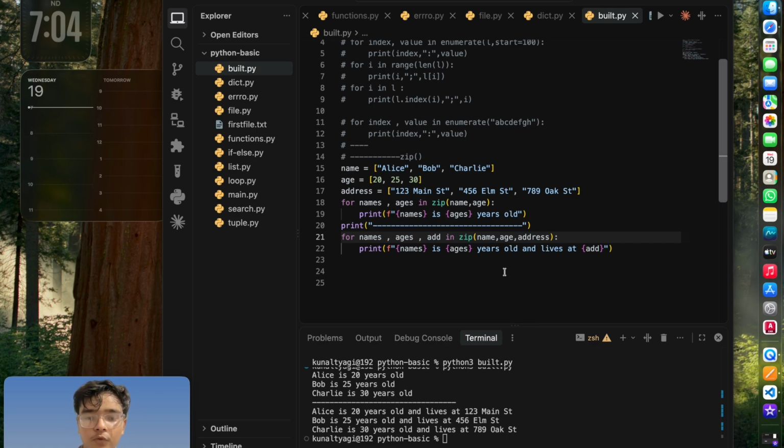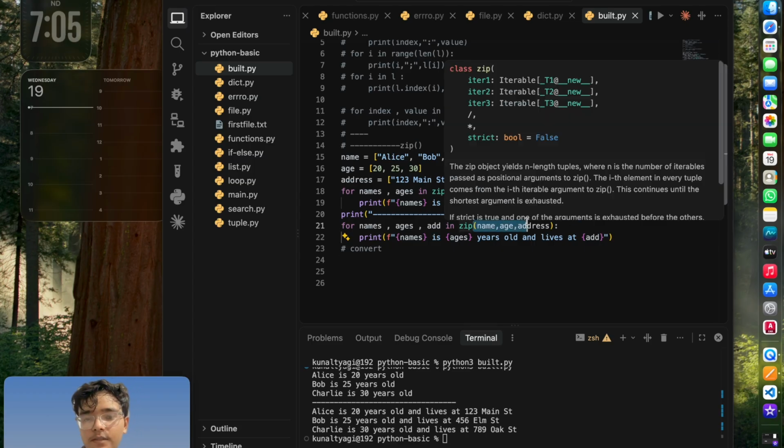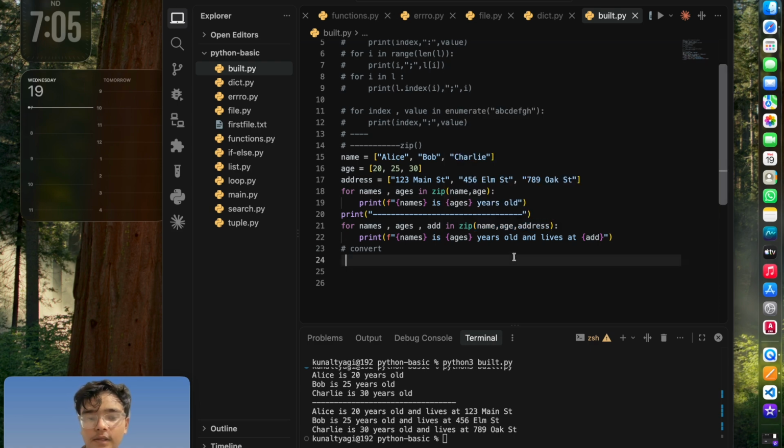And there is one more thing, you can also convert these lists to a list of tuples. So let's just see how we can do that. We already have names, ages and address, so we are going to make a list of tuples containing all of these three things for each person. Let's just name our list pair equals to,